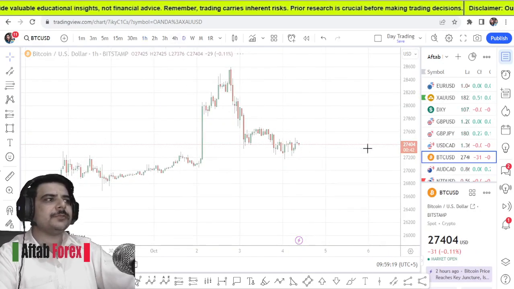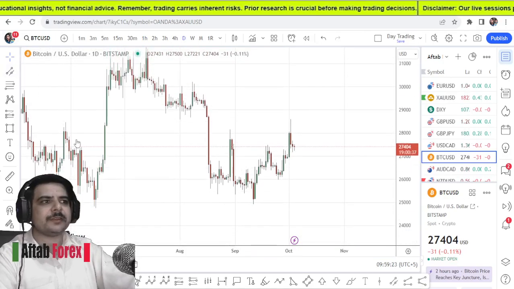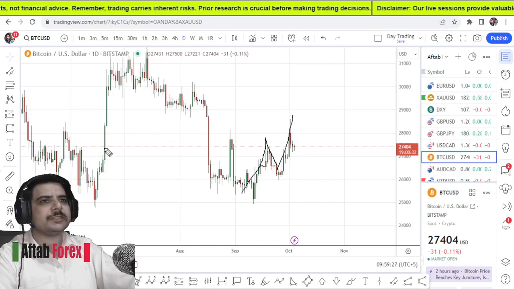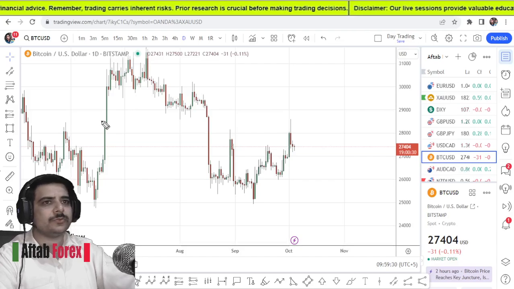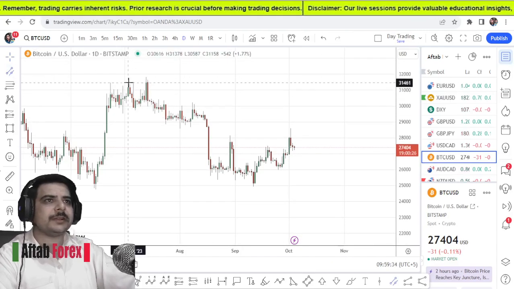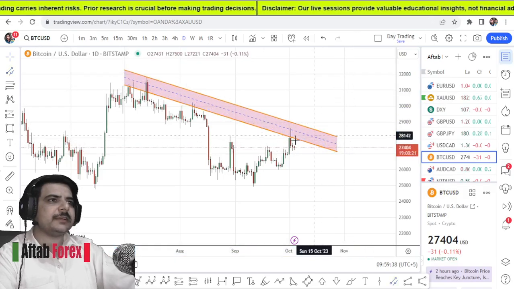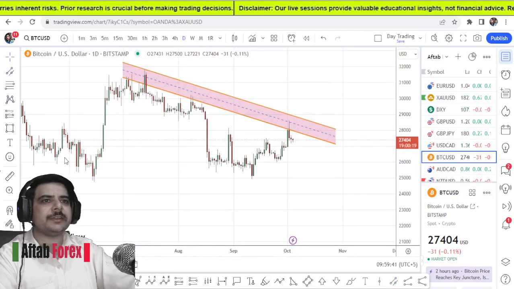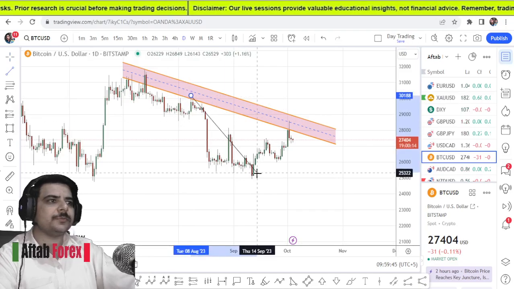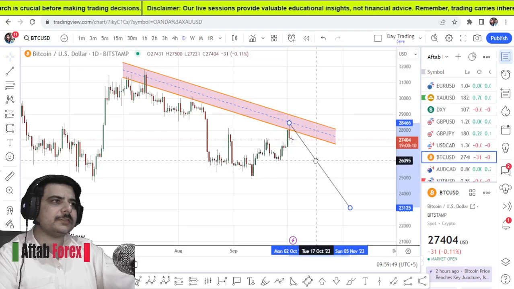But it completed 1.28 right here. This ABCD pattern I have clearly mentioned, this one. So I just want to see what it is further going to do. No doubt on the crypto we have to keep in mind the trend: we have got a very nice rejection from the trend, and it is now going to clearly show me this drop once again